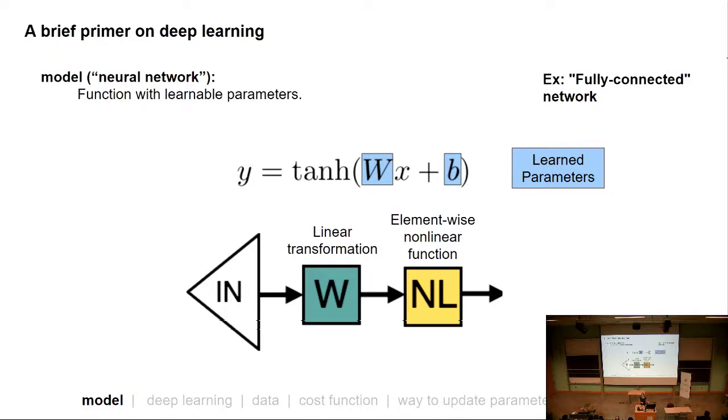So I've picked hyperbolic tangent, but it could be your favorite nonlinear function like a ReLU, which is simply an element-wise function that if your number is less than 0, it's 0. And if it's greater than 0, it's the same thing. So this is just the simplest example of actually a totally bona fide, fully connected neural network. And then I'm showing it below in a diagrammatic approach that I'll use for the rest of these slides. So we have a linear transformation and an element-wise nonlinearity.